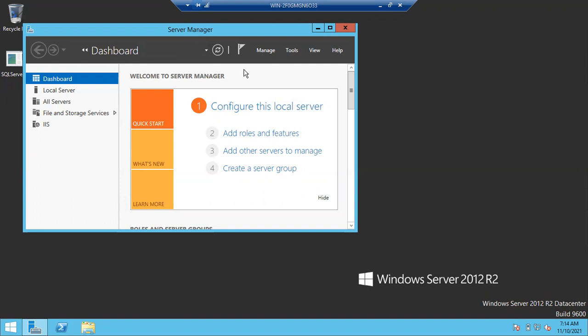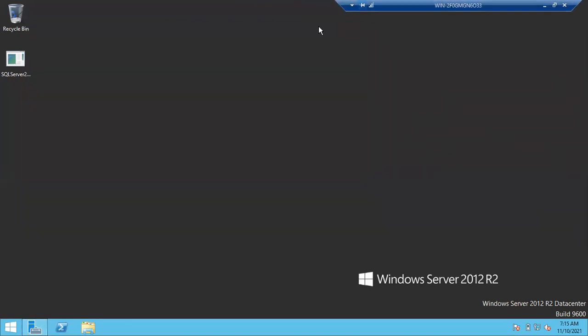Very good. First we have to update Windows Server, and one more. Any other solution we have? We need to remove the patch, sir. Apart from removing the patch, any other solutions we have?